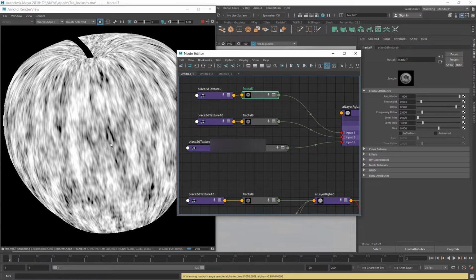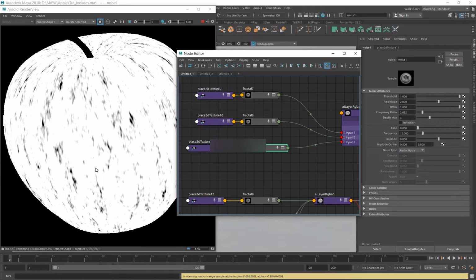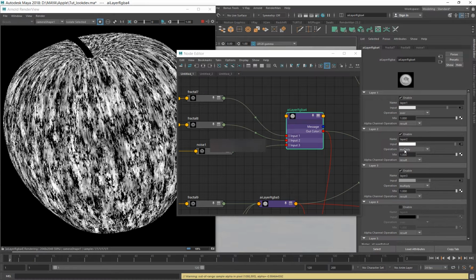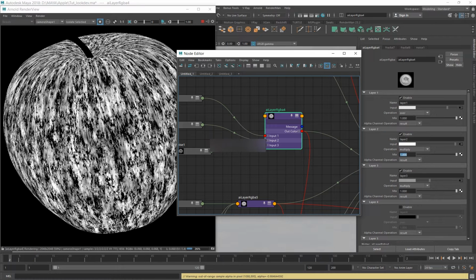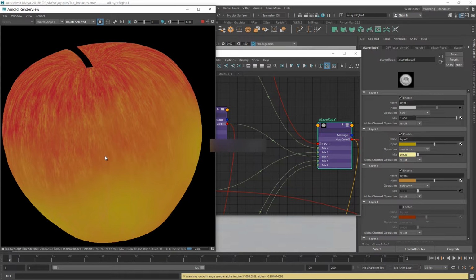This one is a little less detailed, this one is very much detailed, and this one is again very less detailed. So I am blending all these things with the operations. I'm not using mix here. I am blending all these things together to get this output, and I'm not using it straight into the color. I'm using it as a mix, and I'm using a different color just to get that variation. The color is coming on top of the base color, so that gets this beautiful variation.